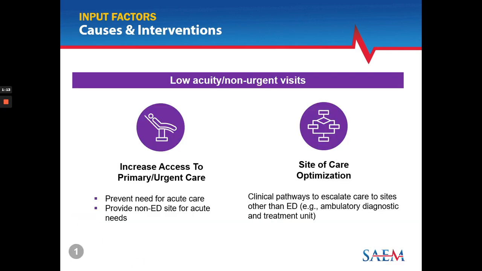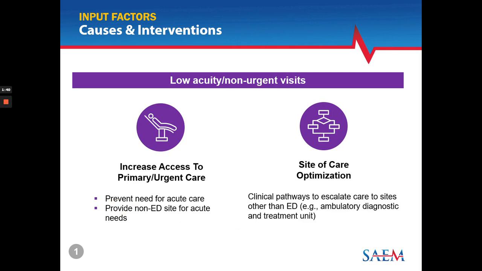So in Module 2, we discussed how many ED visits could ideally be addressed at sites other than the emergency department. To address preventable ED visits, we can increase access to primary care or urgent care. Over time, consistent primary care can prevent certain acute conditions from developing in the first place. And when acute conditions do arise, if patients have timely access to their primary care offices, they can address those